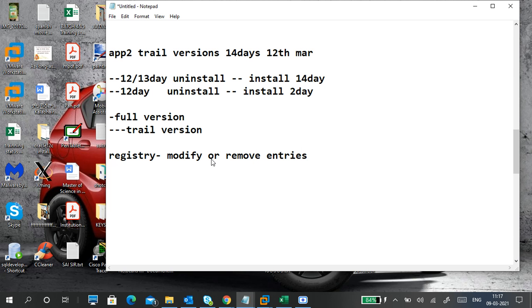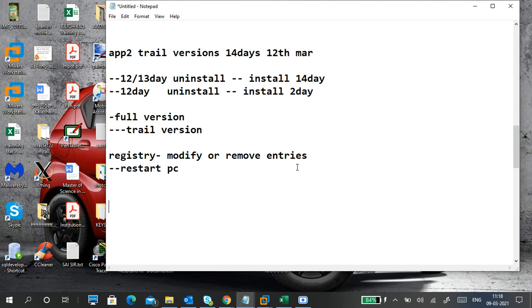So modify or remove the entries in the registry. If you are not much smart, it is better to be smart, like if your work is in the registry part, definitely you should know that point. So you have to restart the PC, then modify the things, and again restart. If you don't restart the PC, it won't apply, it won't work.